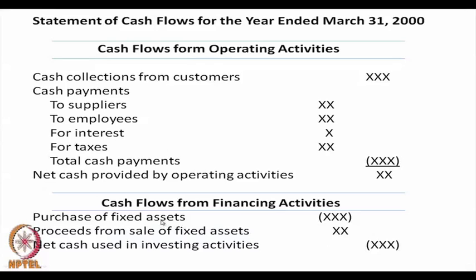I am assuming here that we purchased more amount of fixed assets and sold less amount of fixed assets. Therefore, the net is a purchase for which we pay out cash. Therefore, it is a cash outflow, which means it is negative, and therefore, it is within the parenthesis. So, this is a cash outflow, this is a cash inflow. So, net cash inflow from operating activity is positive, net cash flow from investing activities is, however, negative.